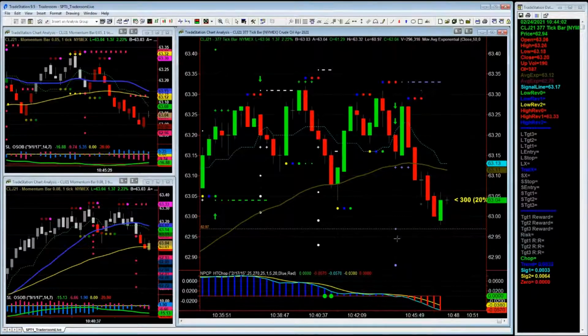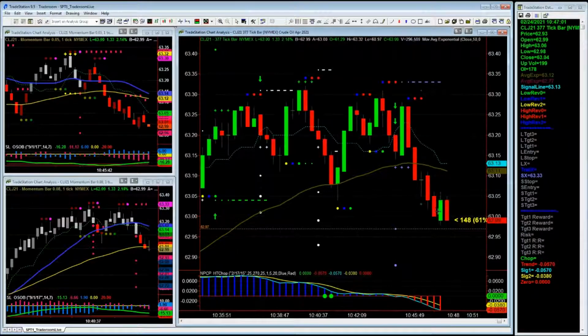But we got to stick with our trade. We need to get to 97. We got to 98, and the $63 level is a key level, and you could expect it to put up a little bit of a fight. So the pullback happened right at that key level, give or take a few pennies, and now we need to